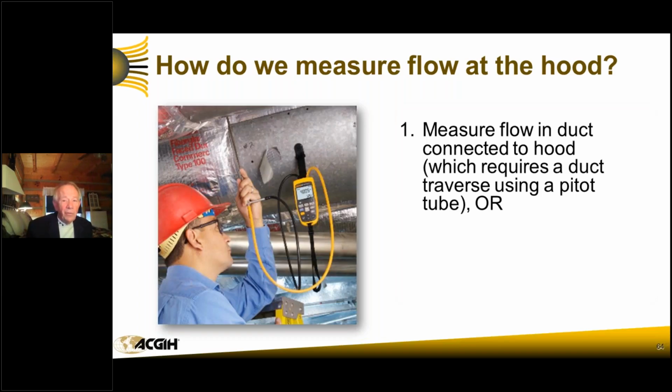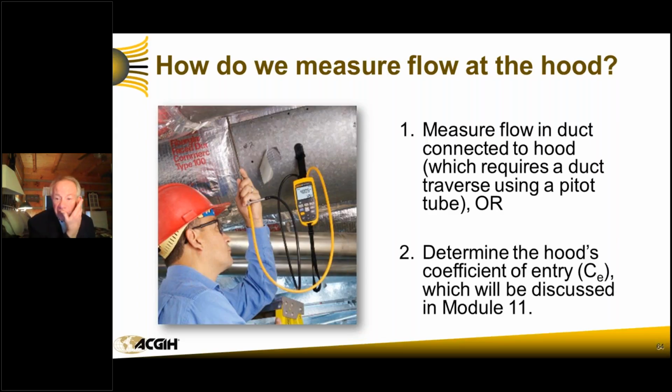This is something that we talk about for you people that are studying for the CIH exam. There are 2 ways to do it. You can measure the flow in the duct connected to a hood, which requires a duct traverse using a pitot tube, or you can determine the hood's coefficient of entry, C sub E, which we will discuss in another module. But you're going to have to learn it for the CIH exam. It is, in my opinion, the most useful tool for someone doing repetitive quantitative analysis of hood velocities